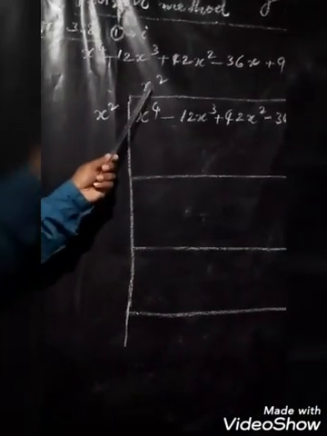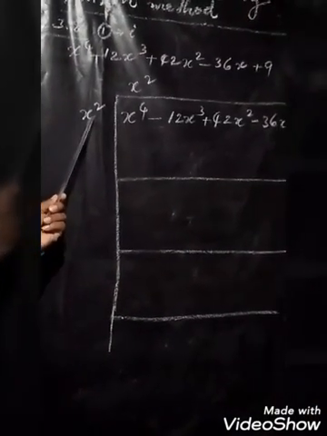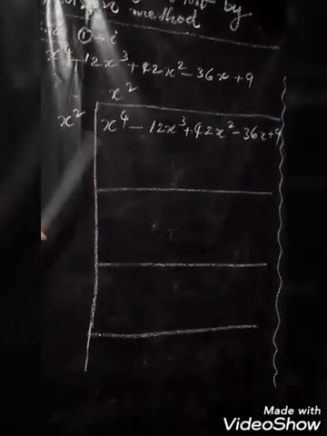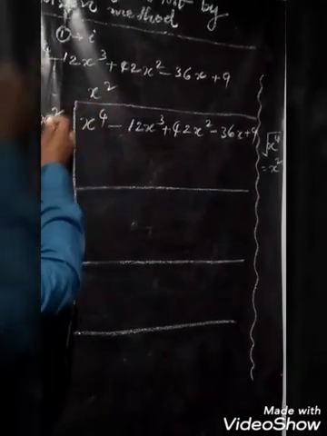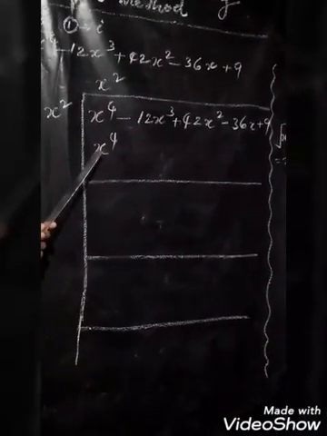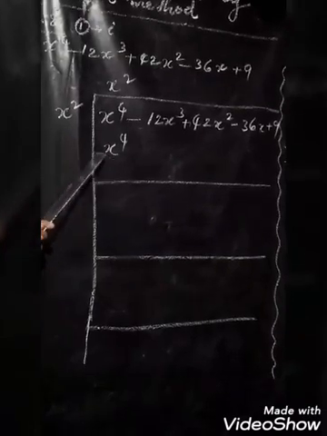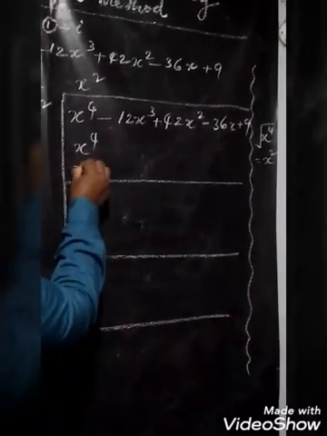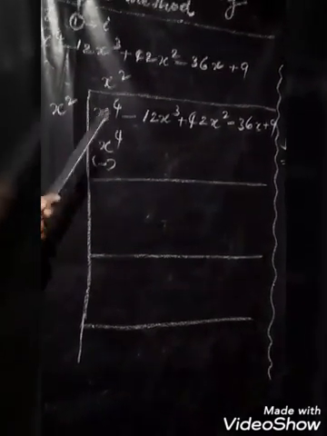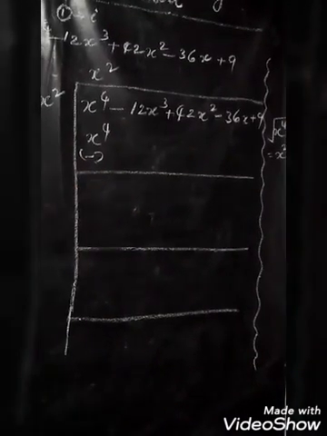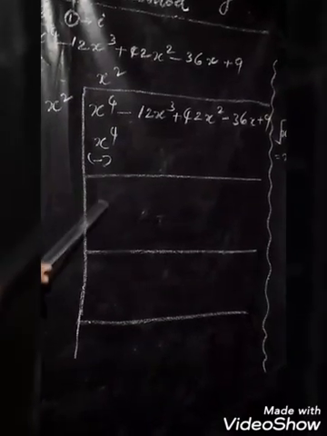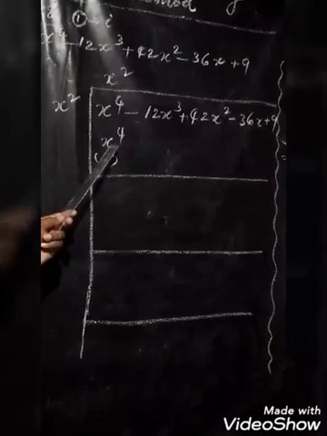We write x square in the quotient part, and at the same time the same x square in the divisor part. Multiplying x square into x square, you get x power 4, which you write under the x power 4. Here x power 4 is positive, so change the sign and add the two terms. X power 4 minus x power 4 will be 0. The first stage of division is completed with a single term.